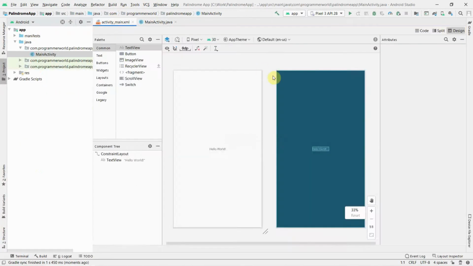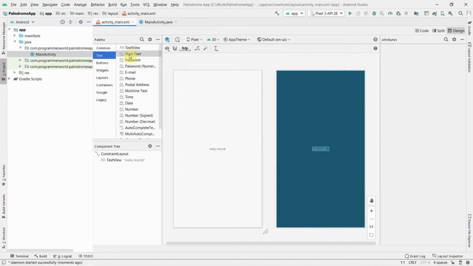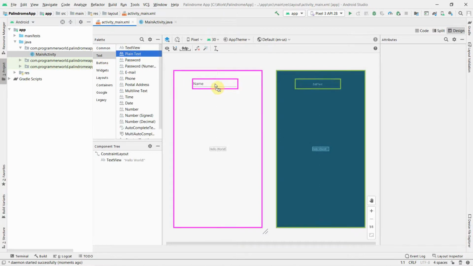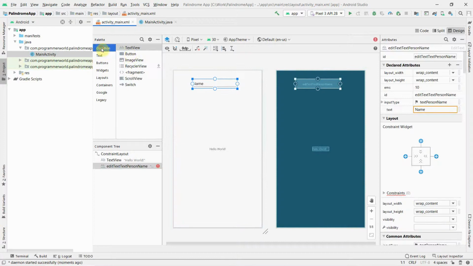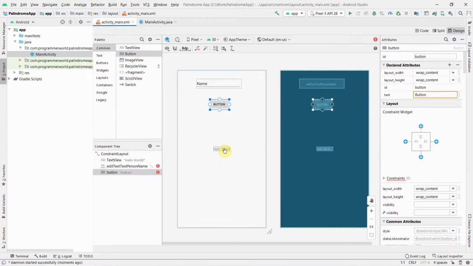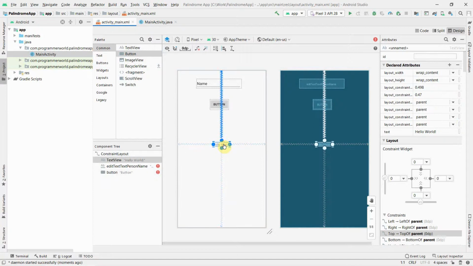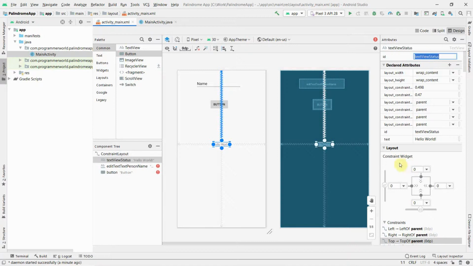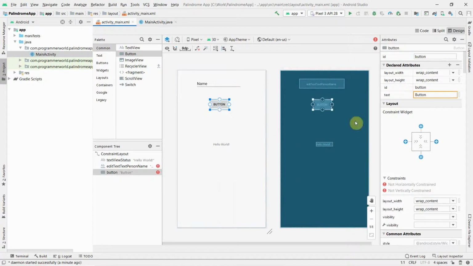Once your layout or the IDE loads up, it will come like this. You'll create a very simple layout. I'll have one plain text from where I'll take the input of the word from the user, a button which will be used to trigger the check, and this text view, which I will use for the status. I'll name it text view status. You can name this id anything, and this id is what we will refer to in our Java code to associate our local variable to this particular widget.